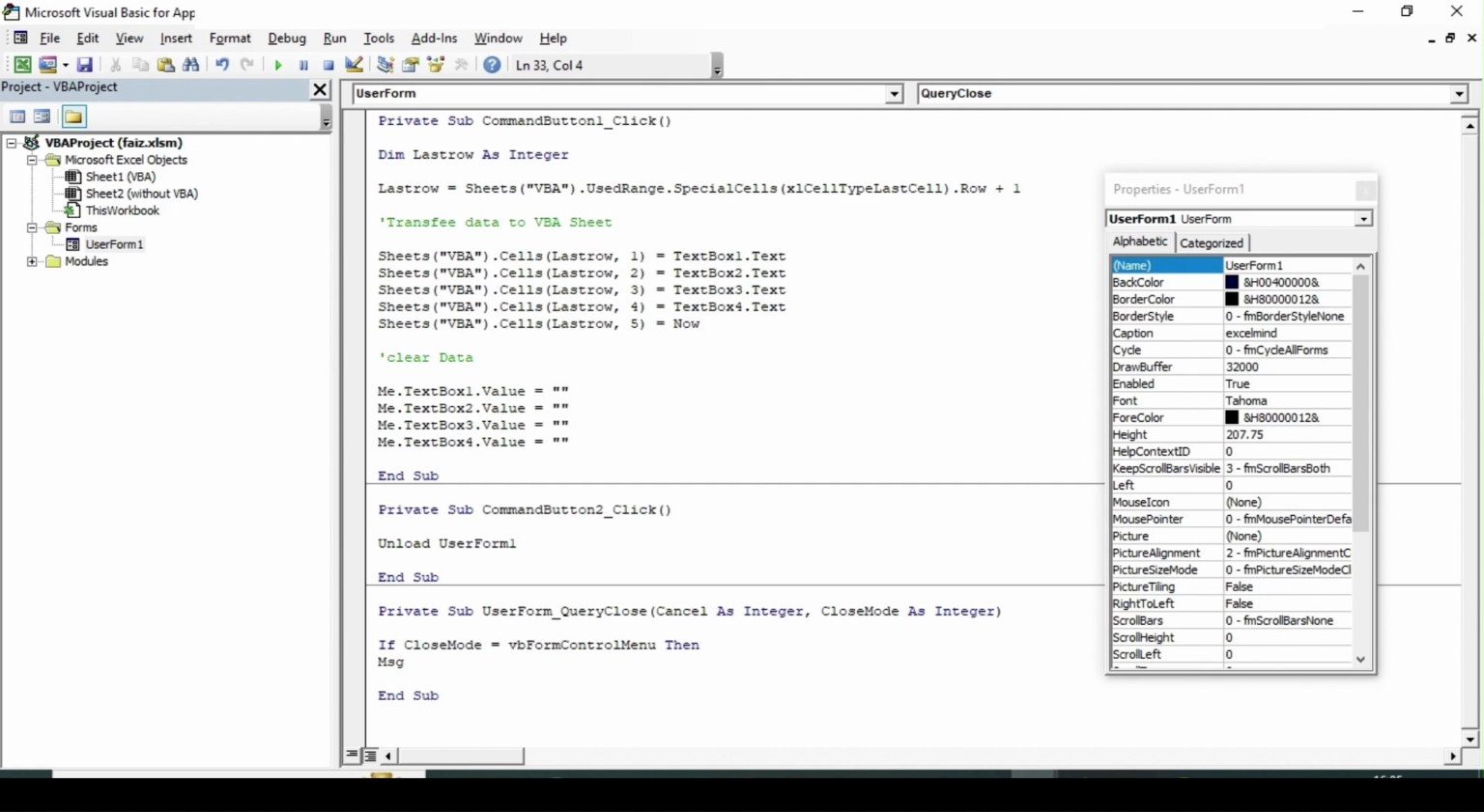Then we need a message box. MsgBox. When someone clicks on the close menu, the CloseMode, that is a check option on the user form, then a message box will pop up. Now what we want under that message box, we write under double inverted commas. We want a message to pop up as